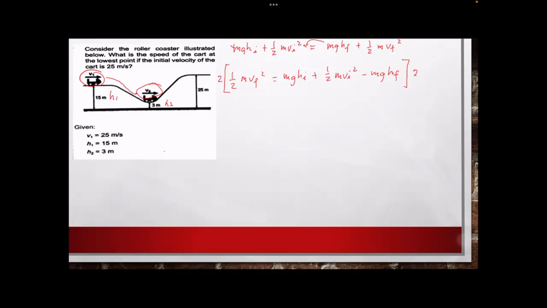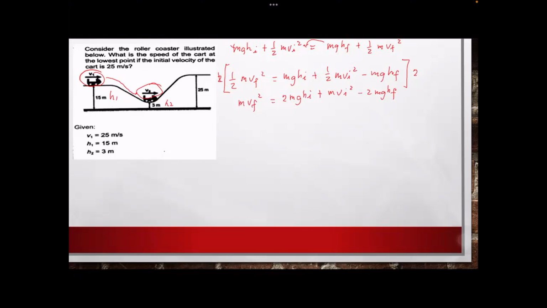So, cancel out ito. So, magkakaroon tayo ng mvf squared is equal to 2 mghi plus mvi squared minus 2 mghf. Yan. So, multiply natin siya ng 2 para mawala yung 1/2. Then, we need to divide by